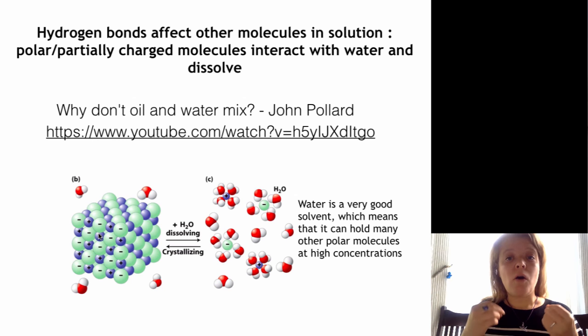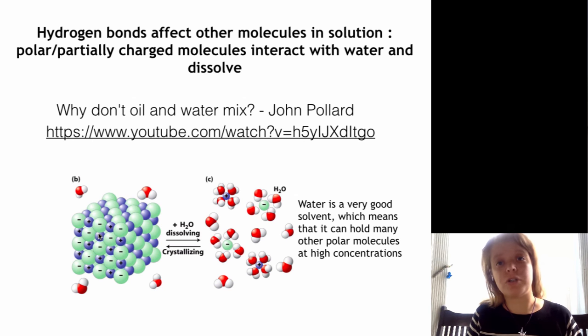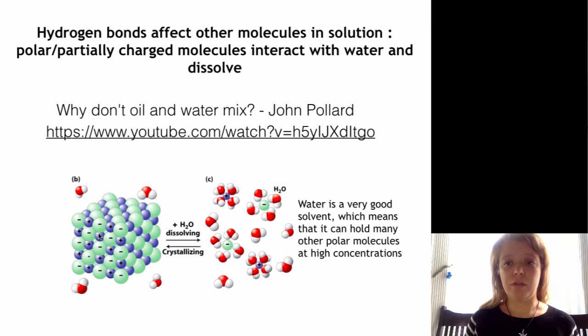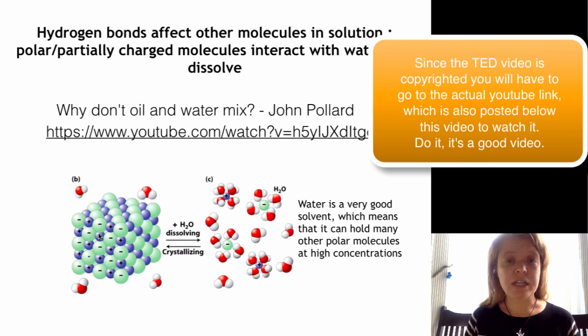water. All other polar molecules that are partially charged, sugar, a lot of the proteins that have partially charged surfaces because of the partially charged amino acids that will interact with water. That is why these things are soluble in water. And water is a very good solvent, which means that it can hold many other polar molecules at high concentrations. So our cytoplasm contains so many molecules, it's basically viscous. And that's possible because water is a dipole and carries a partial charge and will accommodate and include other polar